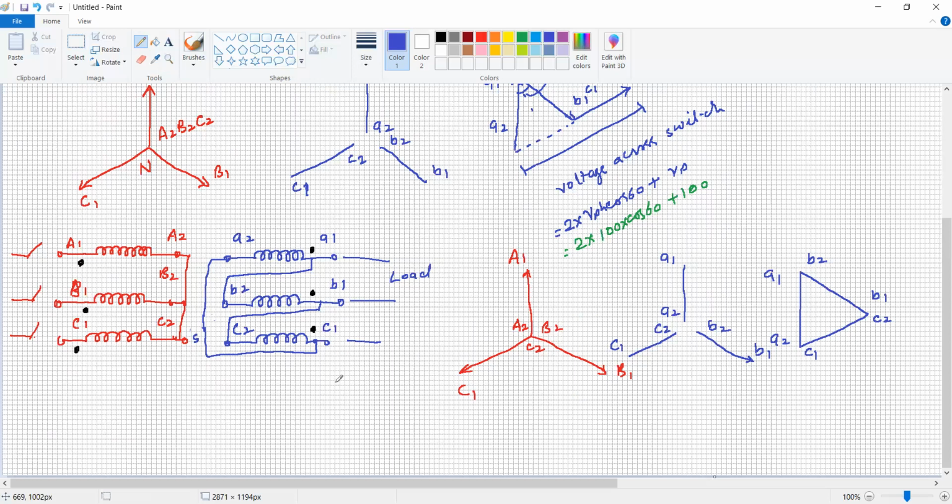So this is the right star-star connection and star delta connection, and what would be the wrong connections and their consequences. So this is a star delta winding for a three-phase transformer. Next time we'll try to give some other connections for the three-phase transformer. These are called the vector groups of a three-phase transformer.